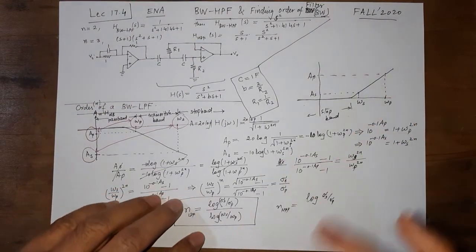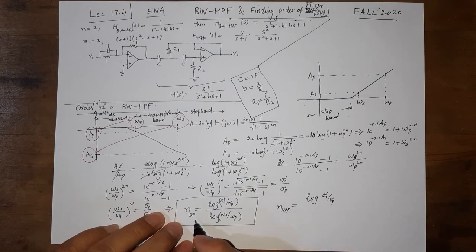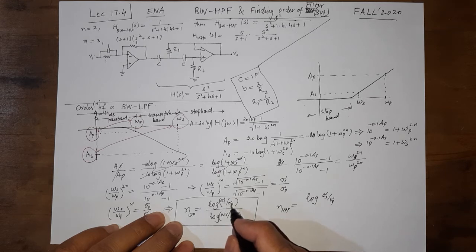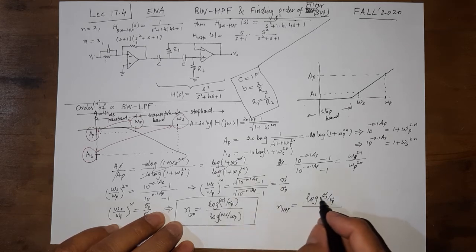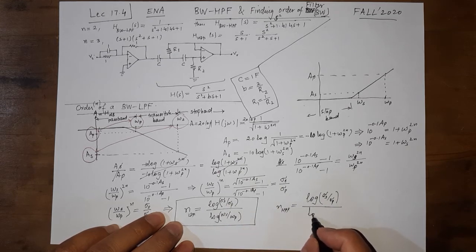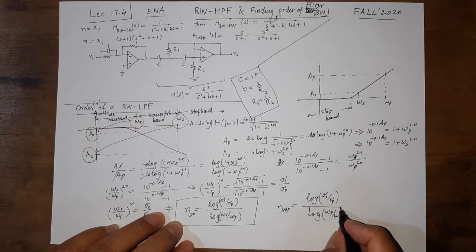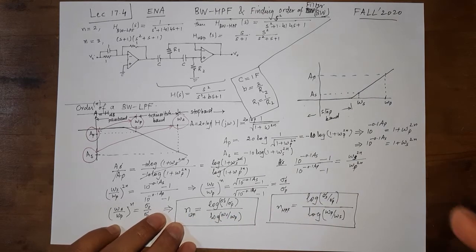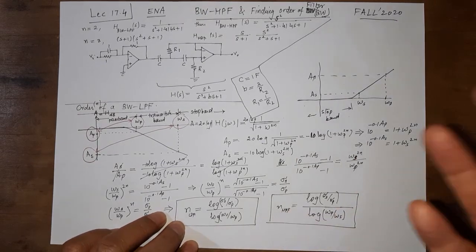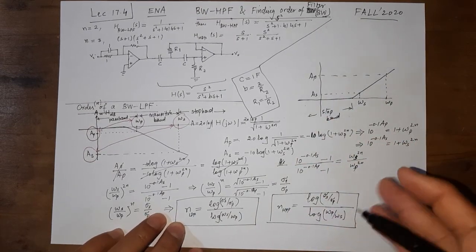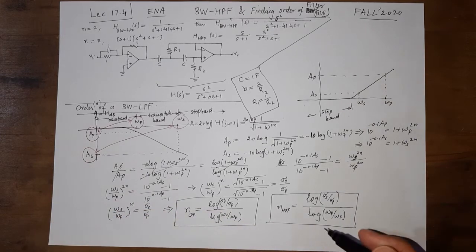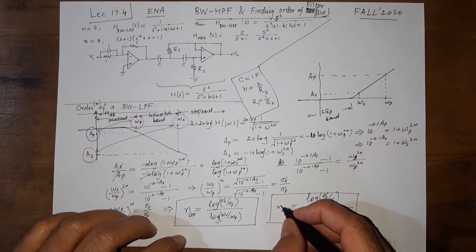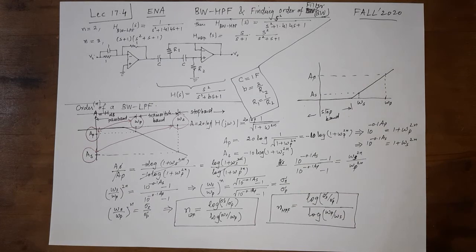But because of the flipping of this, for the high pass filter case, one of the numerator or denominator can be kept the same way, like sigma s over sigma p here as well, but the other side will flip. So omega p over omega s. So this is going to give us a positive value of omega. If we don't do this and use the same formula, we will get a negative value for the high pass frequency. Even that's fine. You can reason and say, okay, this is the high pass filter, so this negative value will actually be the order without that negative sign.